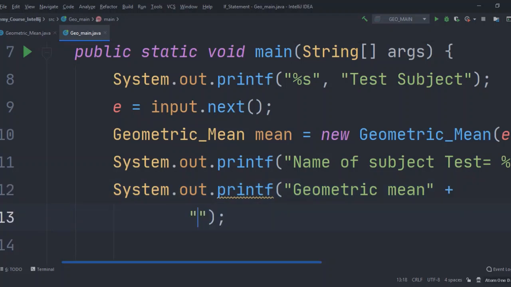You can enter, can you see this is this value, it will be printed plus it will continue